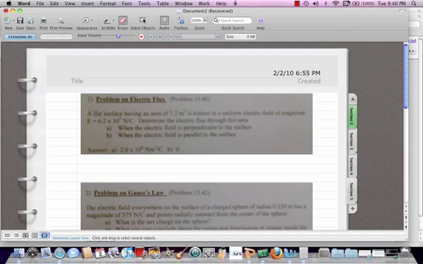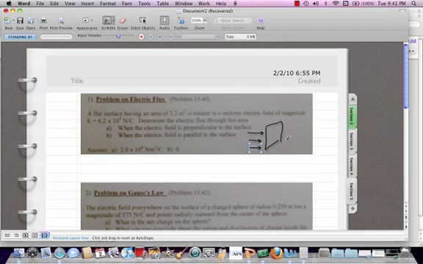Okay, so this problem is asking about electric flux, and this is using Gauss's law. They're saying that I have a surface, say something like that, and it's going to be rotated, and it's in an electric field. So let's say the electric field is pointing this way. And what Gauss's law says is that if you have a field going through an area, that you can calculate